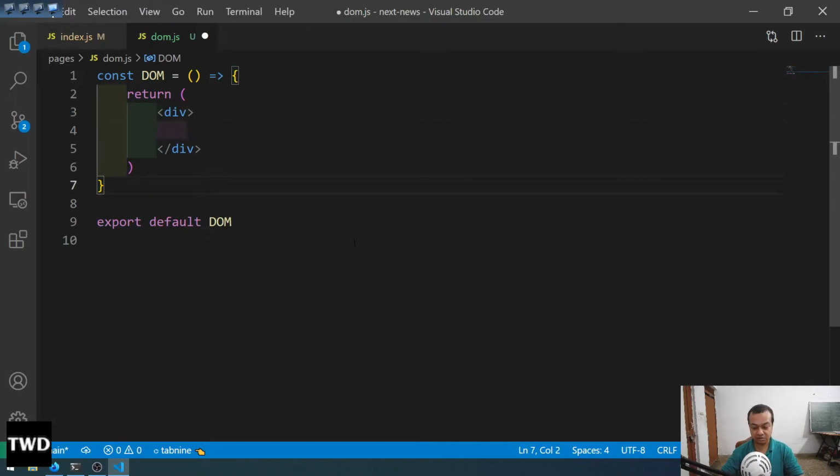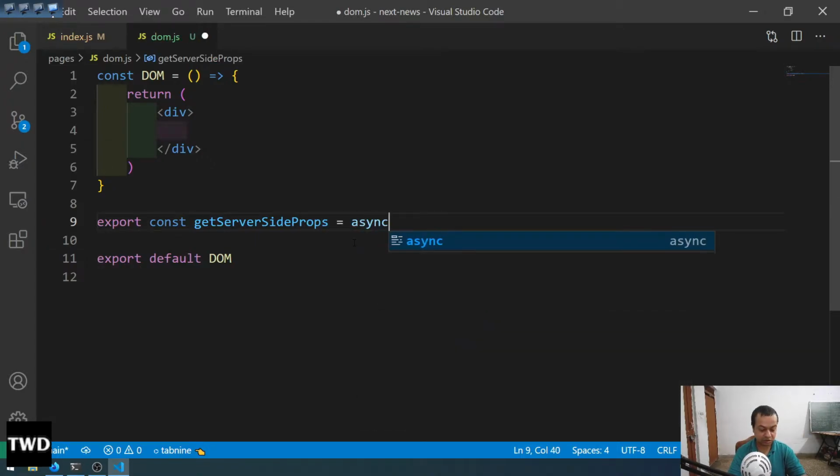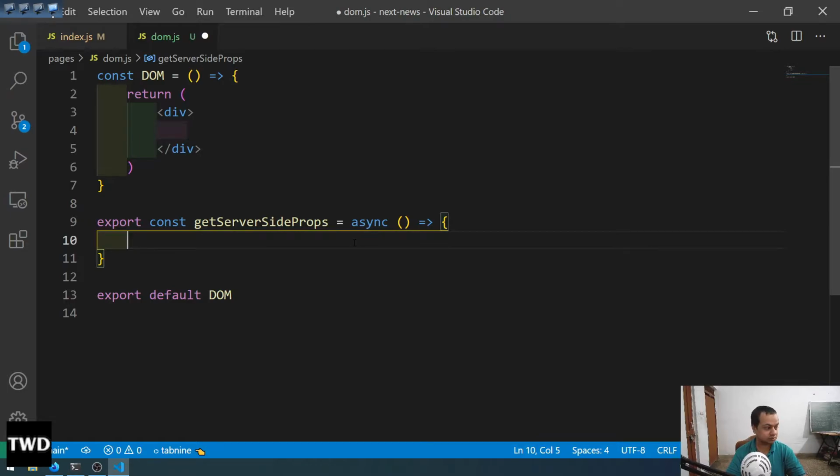Now again, the way to do an API call in Next.js, they have some inbuilt functions. We have to use them. So we will use getServerSideProps. Okay, so for that, export const getServerSideProps equal to async, and const apiResponse equal to await,